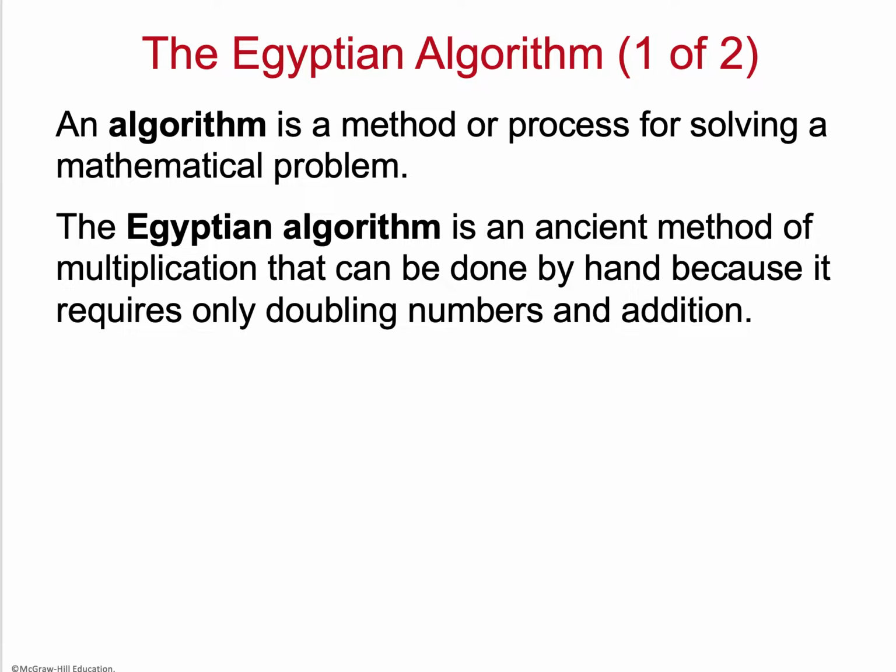Often we treat it like it's this higher idea and it's very difficult, but in fact it's just how we solve a problem. So it depends on how complex the problem is. The Egyptian algorithm is an ancient method of using multiplication that can be done by hand because it only requires doubling numbers and utilizing addition. So this is a really interesting way to work with your students that might be struggling a little bit in